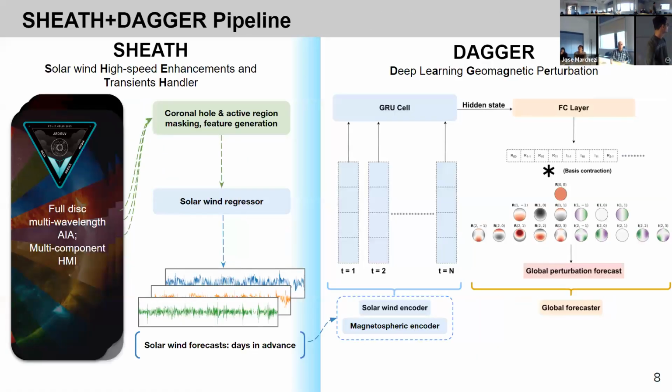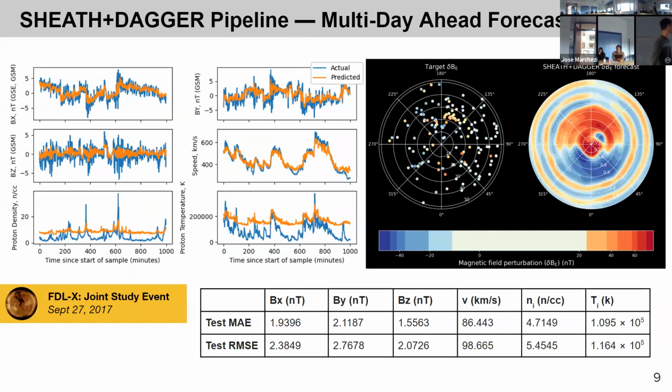So these are the 6 variables. Sorry, this is IMF, the X, the Y, the Z, measured at L1. And then solar wind speed, this is ion or proton density, this is proton temperature. And these are provided by OMNI. So L1 monitors measure those quantities, but we forecast them and then check how well the forecast was done with this model, SHEATH.